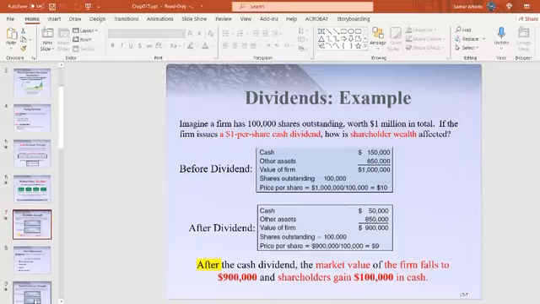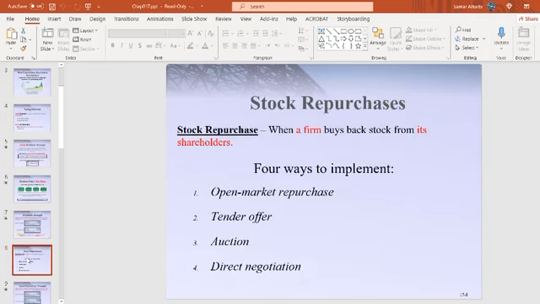So you can see after the cash dividends, after we paid dividends to shareholders, the market value of the firm falls to 900,000. And we saw it in the second box because we lost some money in the dividends, right? When we say we paid 100,000, it means shareholders receive 100,000 in cash, but actually their share price reduced to $9. Okay, always after the dividends, the share price will go down. So this is just an example. Okay, we are done with the dividends.